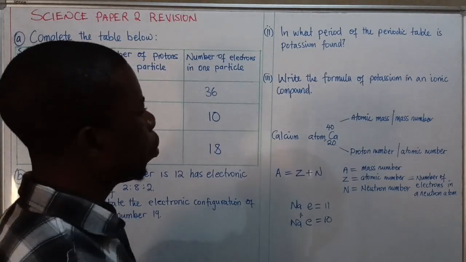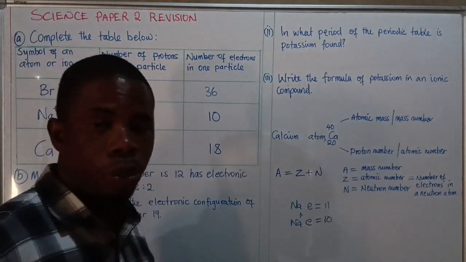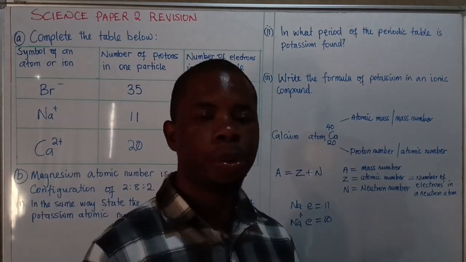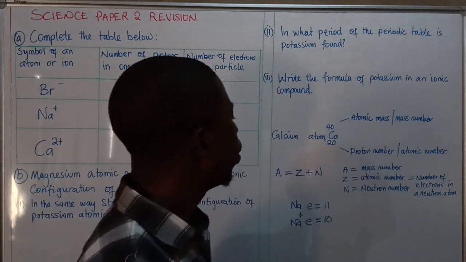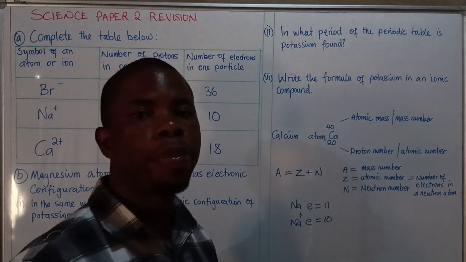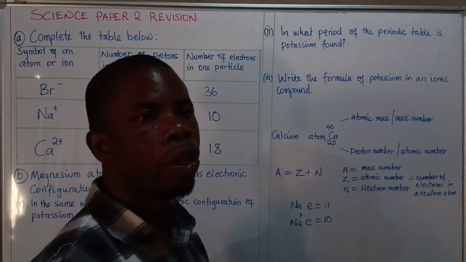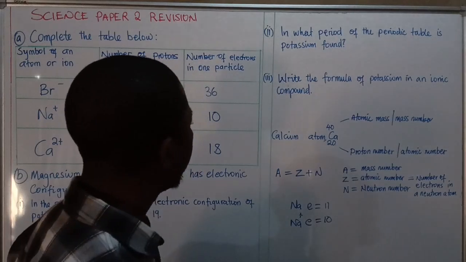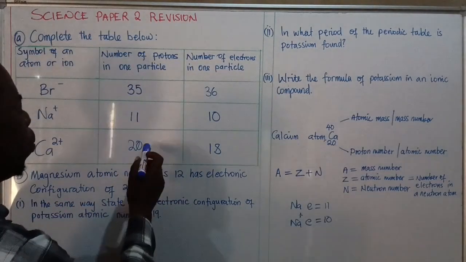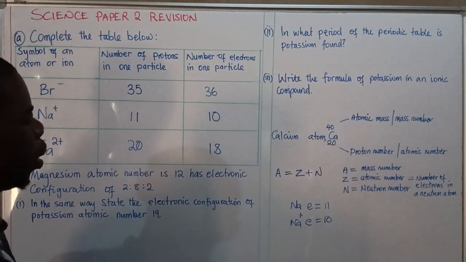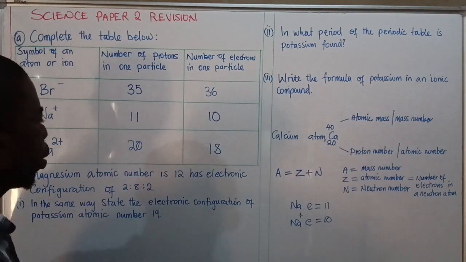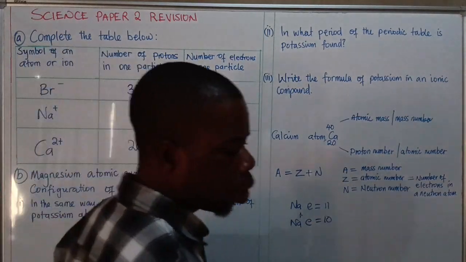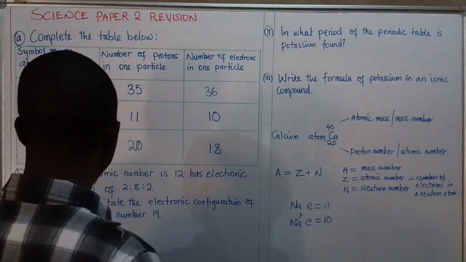So these things you don't need to stress. The periodic table is provided in the paper. So such questions, when they come, count them as bonus questions. We don't need to stress about them. So now, when you answer like that, you are done. I think we are done. Yes, we are done with this one. Let us go